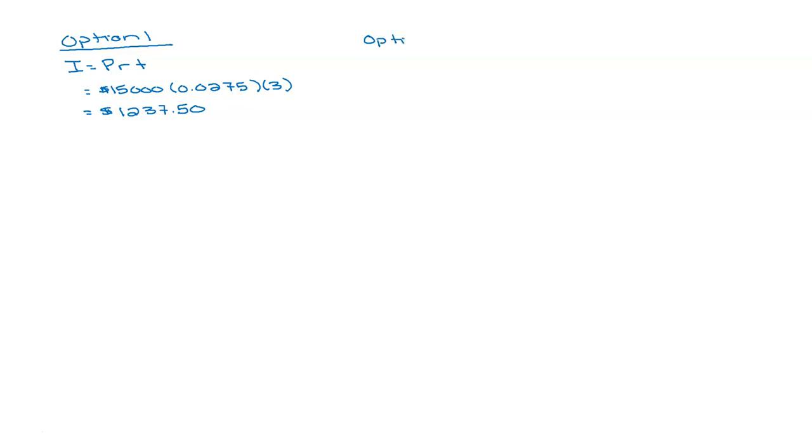So let's look at option 2. This one is compounded, so the formula we use for that is FV equals P times 1 plus R to the power of T. Now the principal is 15,000 again. Now let's look at what R is. So we take our percent, 2.7, and divide that by 100. That's 0.027. Now we need to divide that by 12 because it's compounded monthly. When I do that, I get